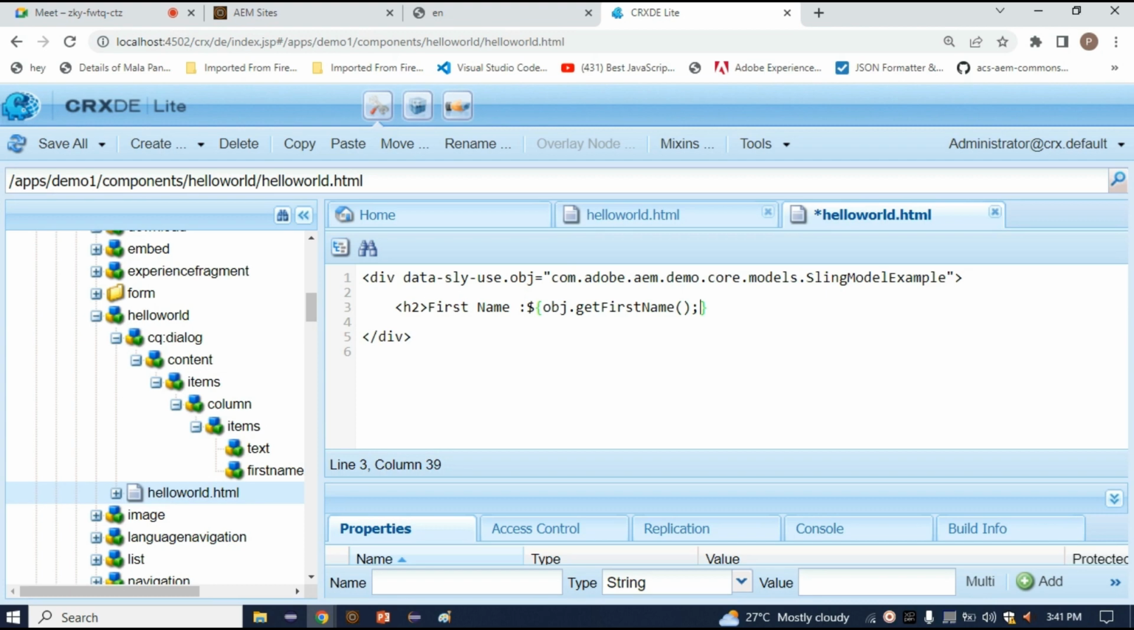But here we have one rule, we don't call it like this. So how can we call it? We have to remove this semicolon and the parenthesis first, and after that we have to remove the get from getFirstName, and make this F a small letter. So keep in mind what we have done here: first of all remove this get and make this f small. Okay, so now